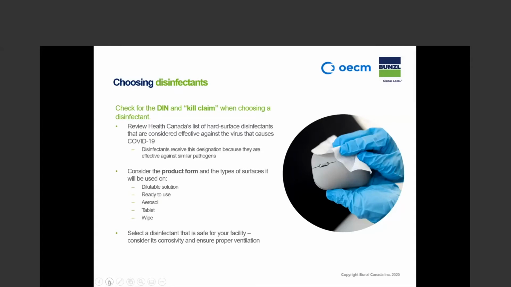There's also some aerosol forms, but very rarely do you see that because we don't want to put disinfectants airborne as a rule. There are some tablet forms of disinfection available too, and then a lot of common, which is in demand, is the wipes. And so there's both quat-based wipes and hydrogen peroxide-based wipes that are in demand and are very effective because